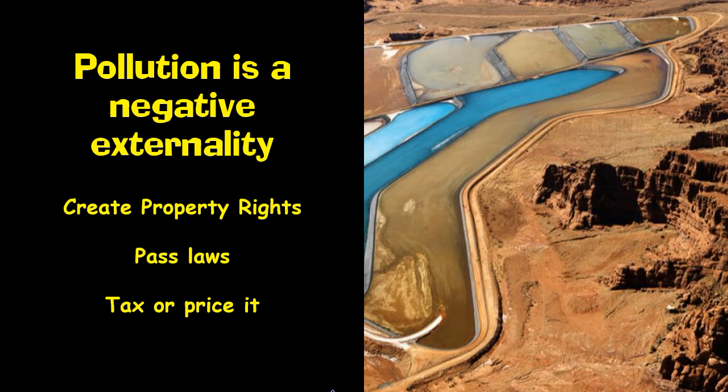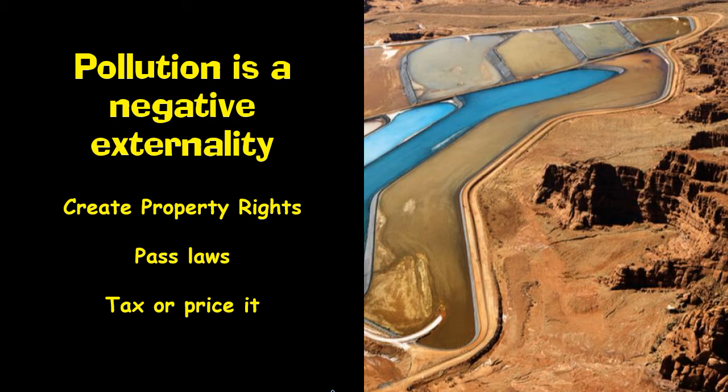So one is to create property rights, and we'll talk about these more here in detail. We got slides on them. To create a property right, people can defend property rights in court. Okay? If I own my house, which I do, and my neighbor decides they want to throw everything from their yard over into my yard, I can call the police, I can call my lawyer, I can go after them because they're putting their stuff on my property. So if the ocean actually belonged to somebody, if we take Poseidon and we say, look, the ocean belongs to you, then Poseidon can sue Chile for dumping this stuff into his ocean.